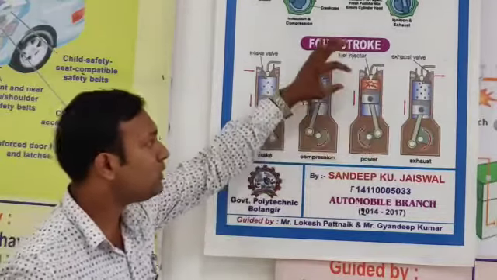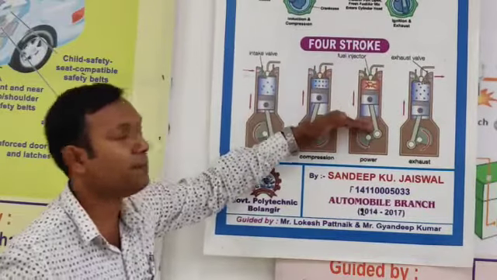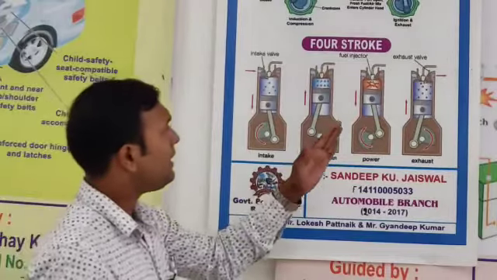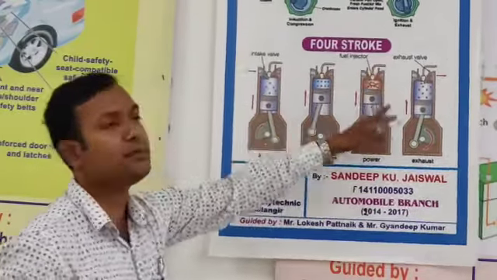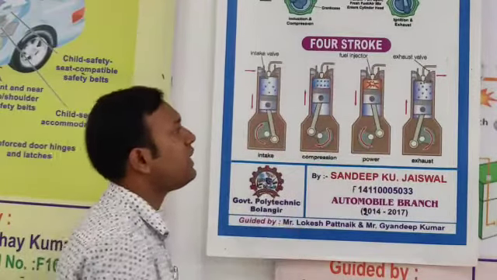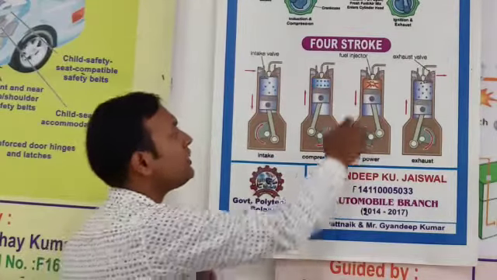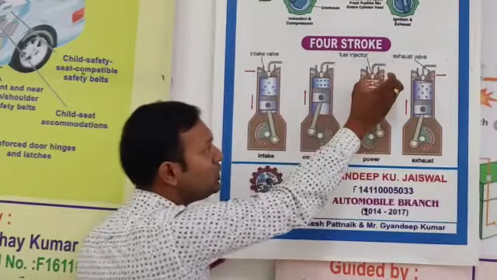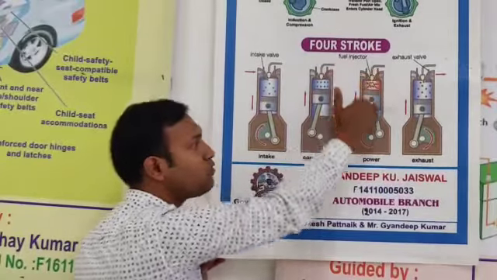Then in the power stroke the piston is going downward, that means TDC to BDC, okay. Then here in the 4 strokes, there is actually a fuel injector. Why is it indicated? Because nowadays fuel injectors are used, but in the conventional engine we use the carburetor, okay. So when the power stroke is happening, combustion happens and your piston is coming from TDC to BDC.